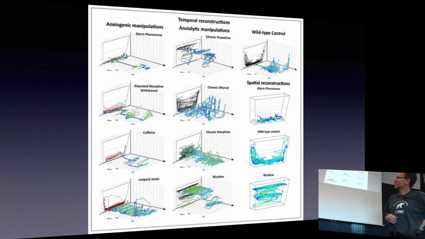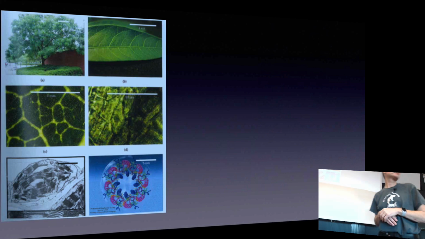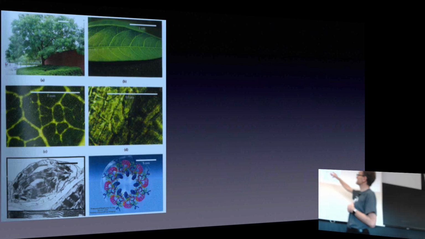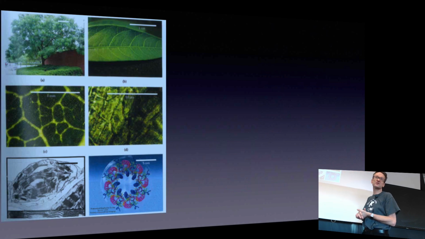The power of this way of reasoning, combining biology with physics, is that you can also start to think of it in terms of scales, in length or time, space or time. Sorry, this is a bit of a faint image, but on the top left you have a tree. That's probably a scale of tens of meters. If you then zoom in on, say, a leaf, you might have a scale of a few centimeters. Inside this leaf you're going to have, say, a cell, which might be a scale of a millimeter. Then you have components of the cell, which start to be a scale of 10 micrometers. Inside those components you're eventually going to get into very tiny organelles in the cell.